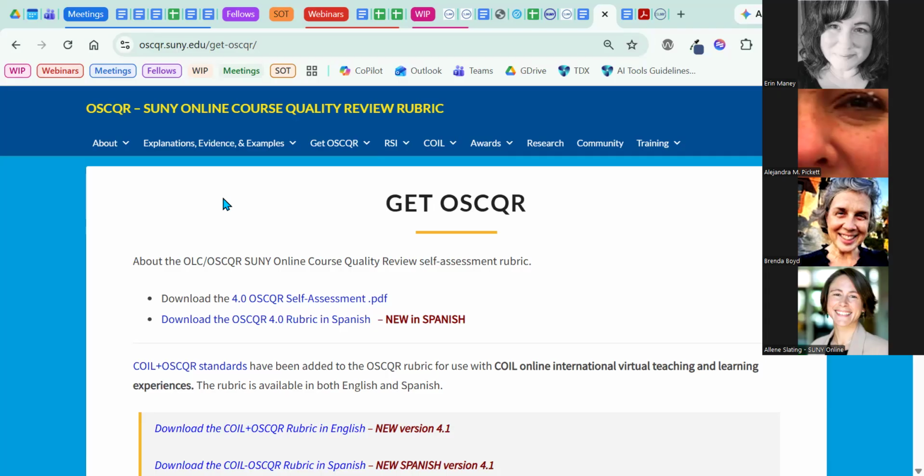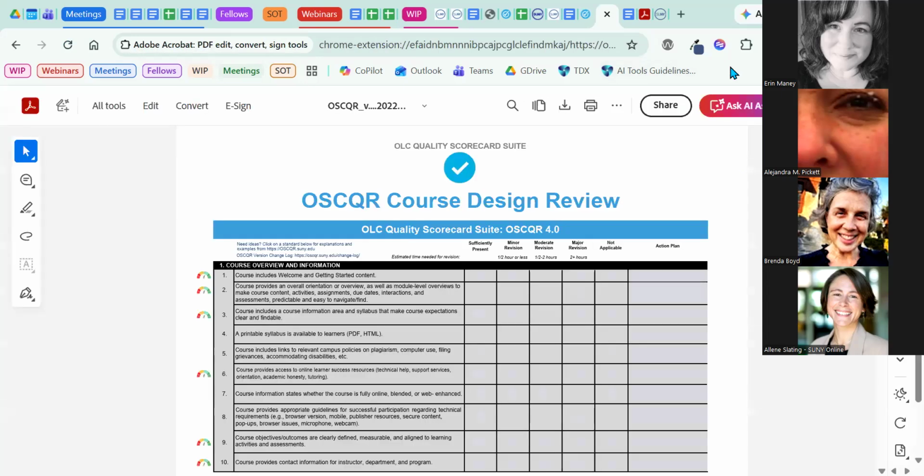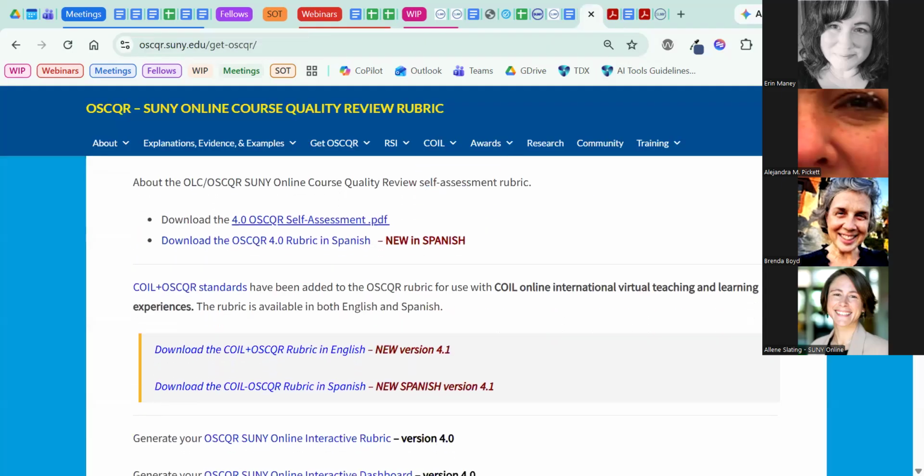And we have one in Spanish also. If you are interested or have colleagues that might be interested in OSCQR in Spanish, it's available. And then we also have the OSCQR rubric as an interactive online tool. And so you may be familiar with the PDF version of the rubric. That's what Erin is showing right now.